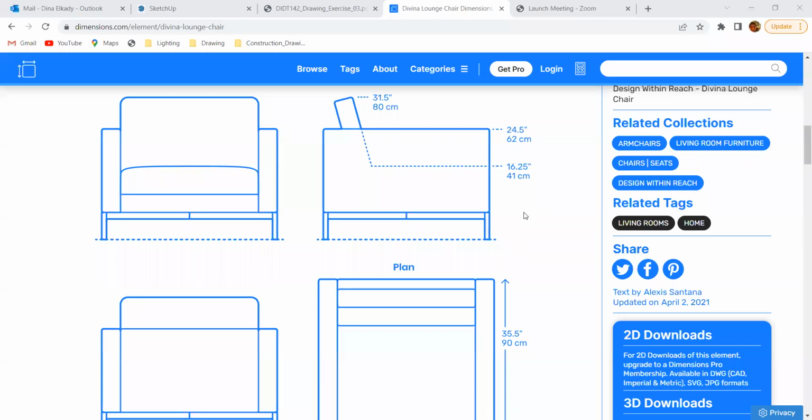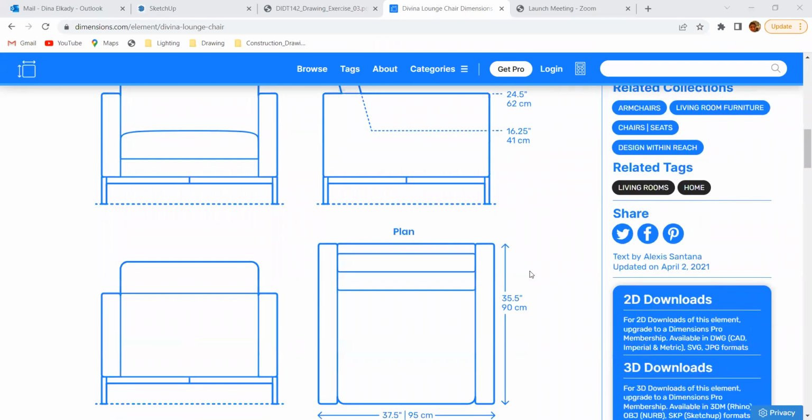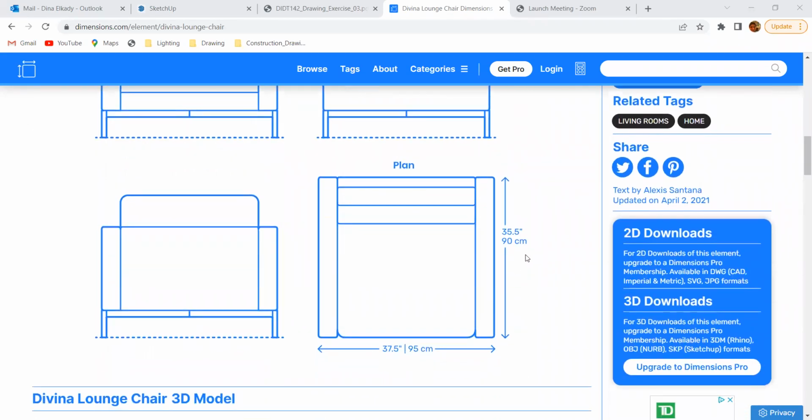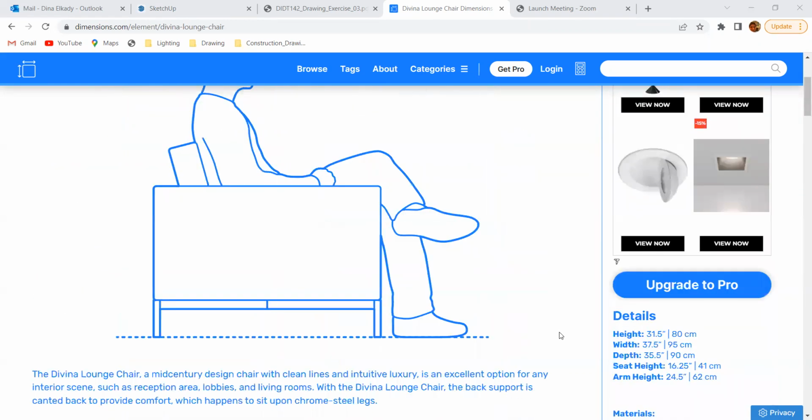So our assignment, or the activity this week, is to create 5 blocks in AutoCAD. We're going to go through how to create a block, but basically we're going to be looking at furniture. We're creating 5 different furniture pieces, with dimensions, or without. You're not going to be putting the dimensions, but for the 5 pieces of furniture, we can get their dimensions basically from